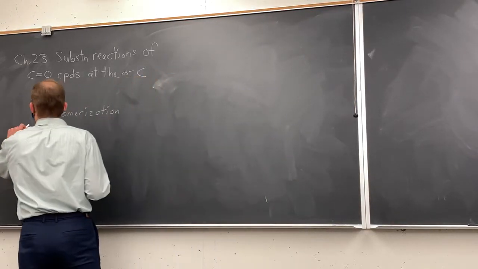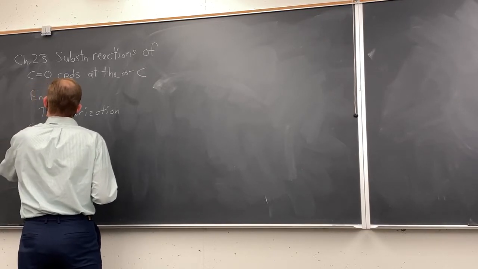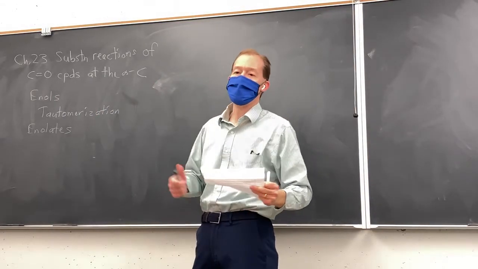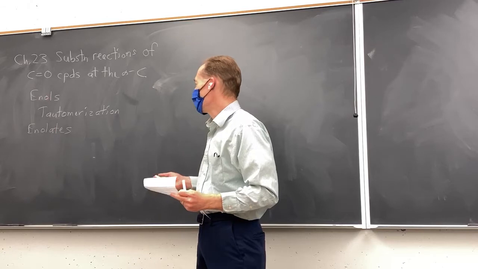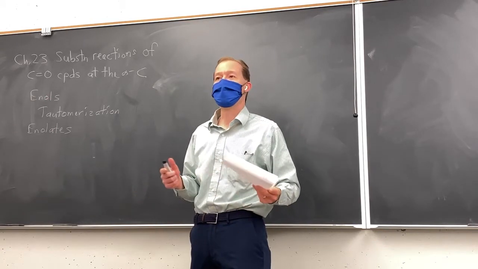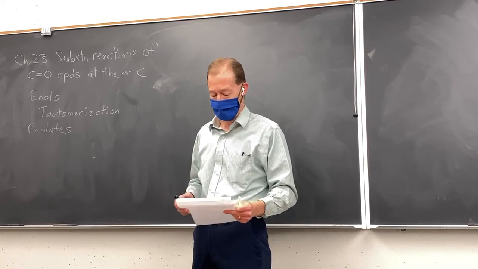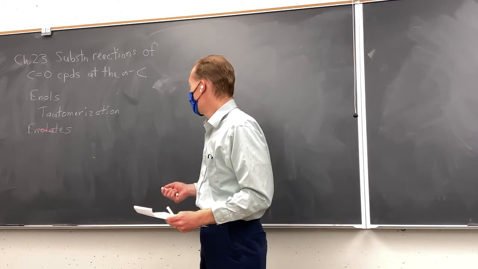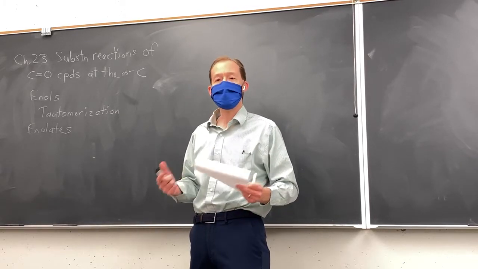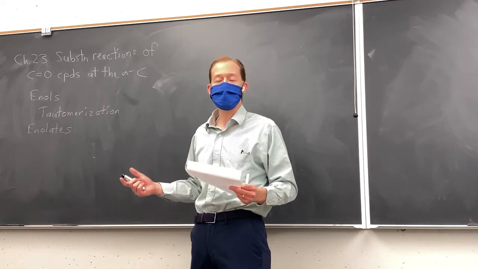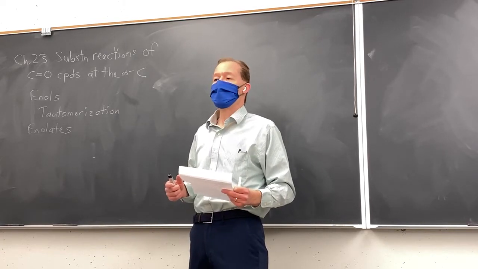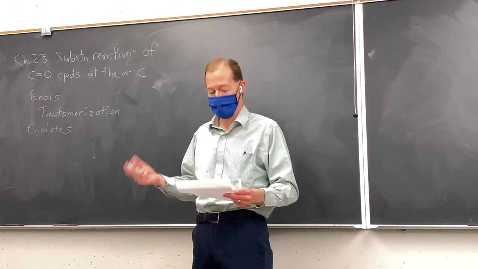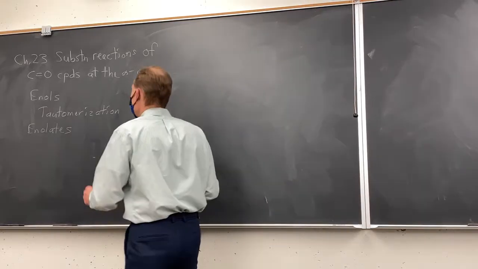Then we learned about enolates. Enolates are negatively charged. They are the conjugate bases of our aldehydes or ketones. They're also the conjugate bases of enols themselves, but they're usually generated by deprotonating the aldehyde or the ketone. So we learned about relative basicity of different enolates. Enolates are basic and nucleophilic, and we determined or ranked their relative basicity by considering the pKa's of their conjugate acids. So there was a table in the book,